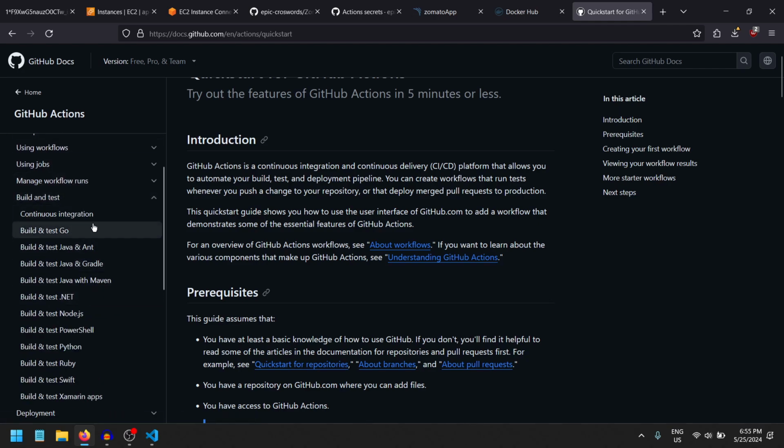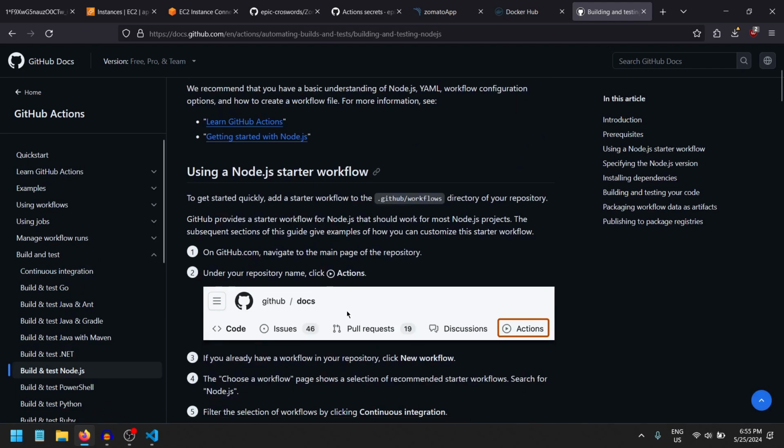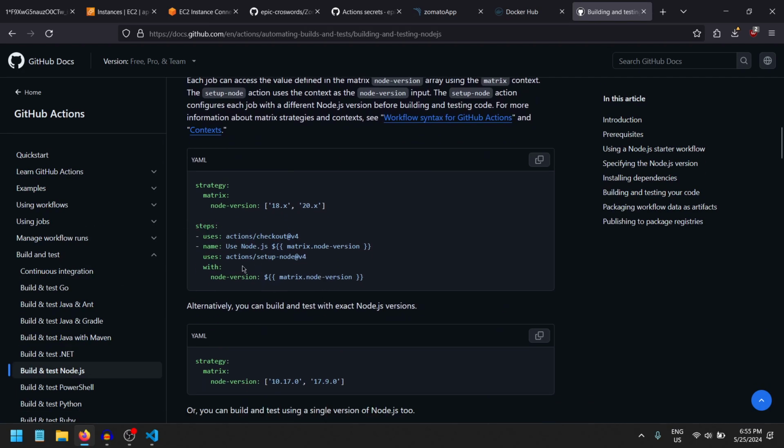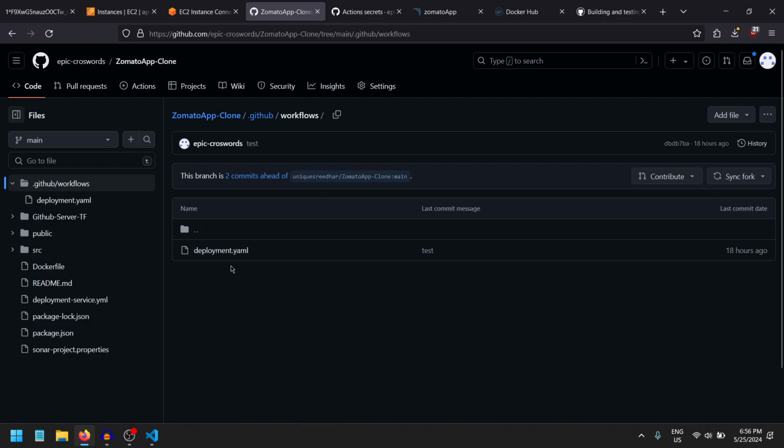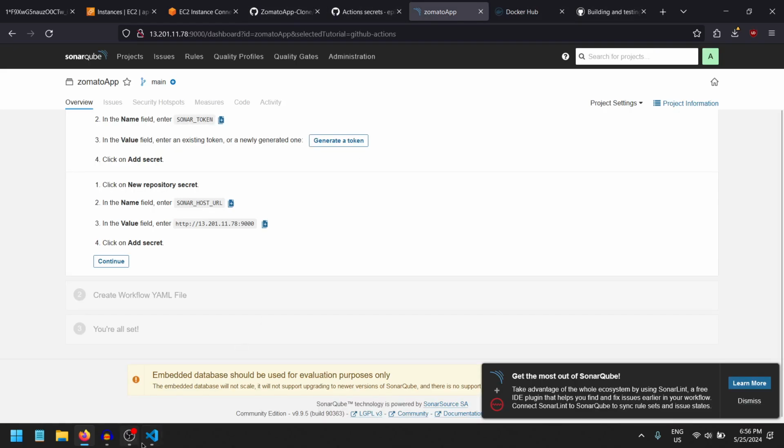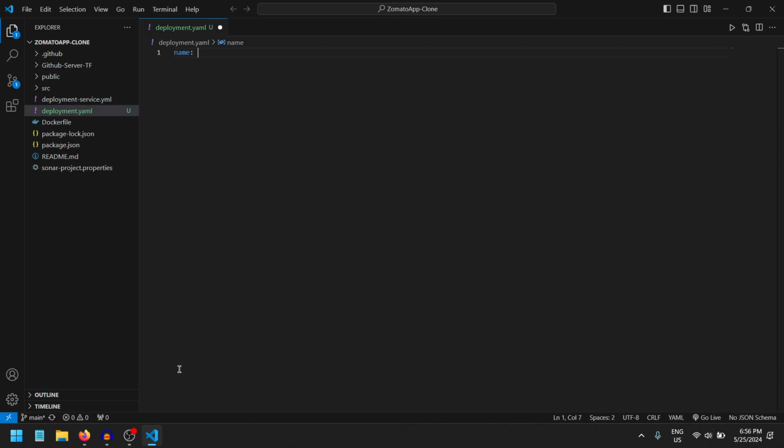In the build and test, we have a Node.js application. Inside that, we are using this particular extension, or we can say plugin. So those kind of references you will get from here, or you can go to my repository, clone or fork this repository, and use this same file. So let's create one file, the name as build